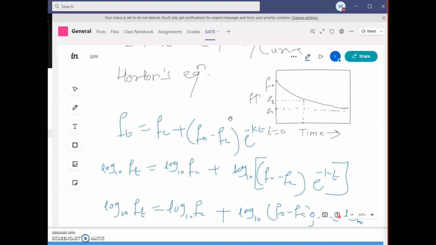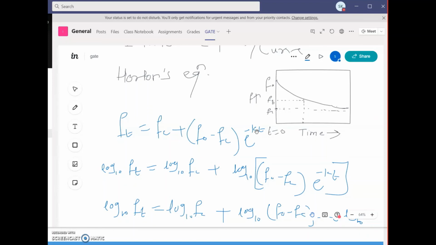And this is the most important thing I am telling you. Whatever way we have solved the equation is not that important. What is important is what I am telling you right now, because from the slope you will be able to find out the k. The k will be different for different regions or different plots. And how can you find out the k?